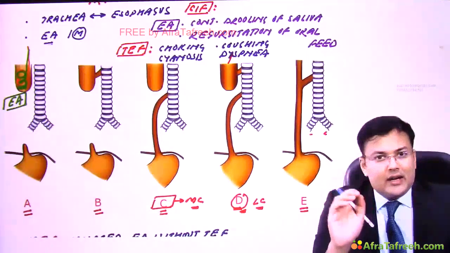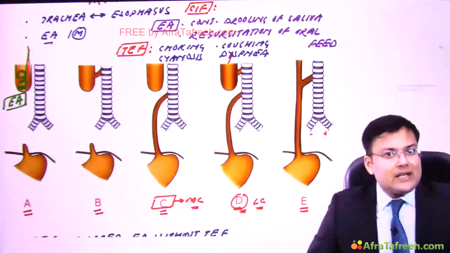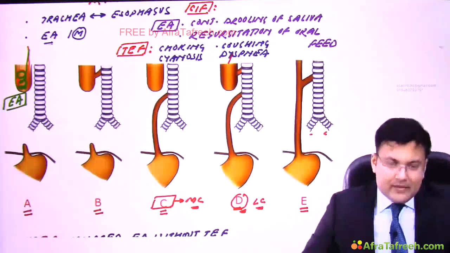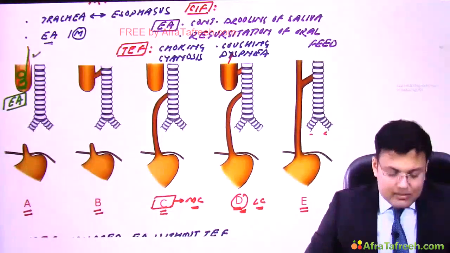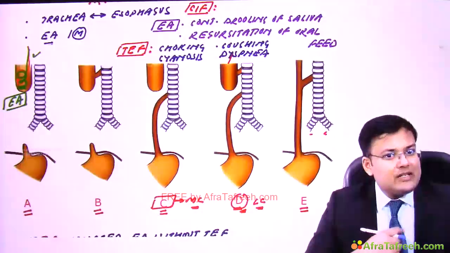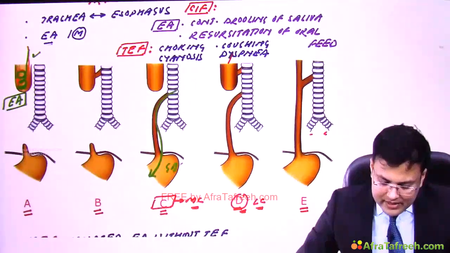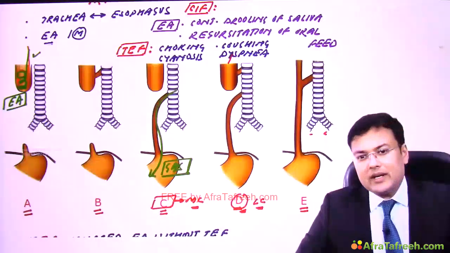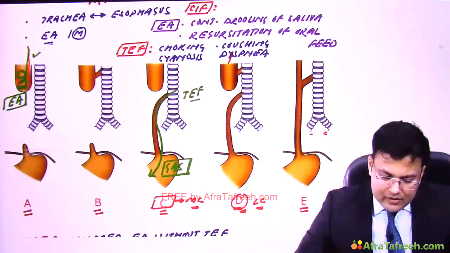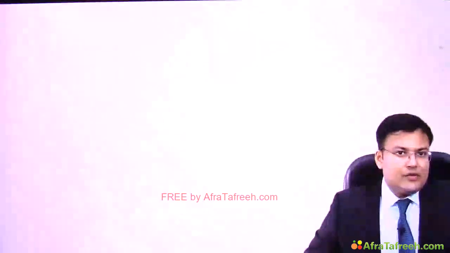Second, on X-ray, if there is absence of gas distally, means in GIT there is no gas, it means there is esophageal atresia. And if you are not able to insert the nasogastric tube, but what you noticed on X-ray is that there is presence of gas in GIT, means in the stomach and intestine, it is suggestive of what? Tracheoesophageal fistula. Okay, so see how we diagnose the patients of tracheoesophageal fistula.